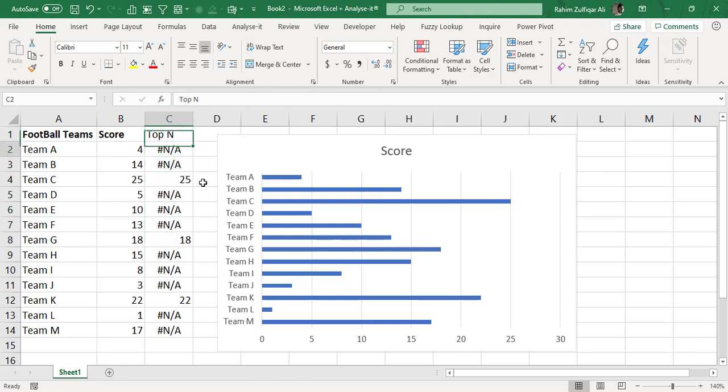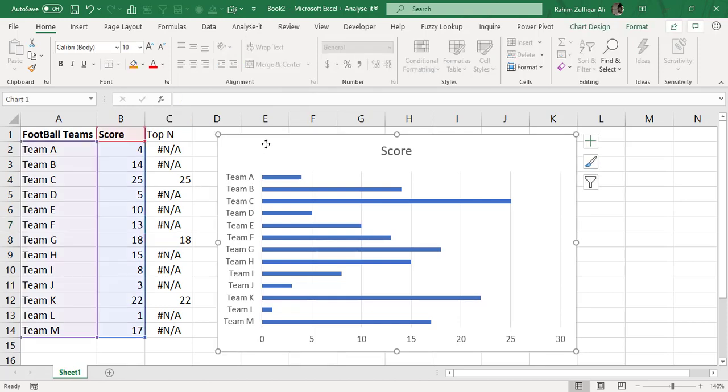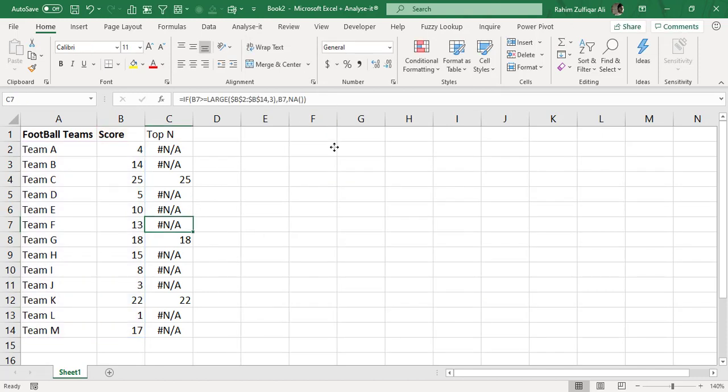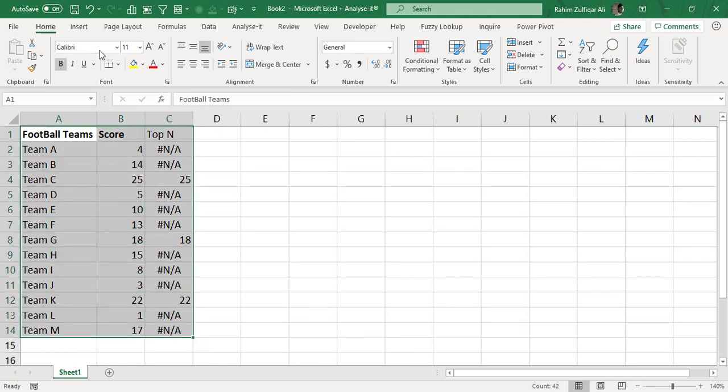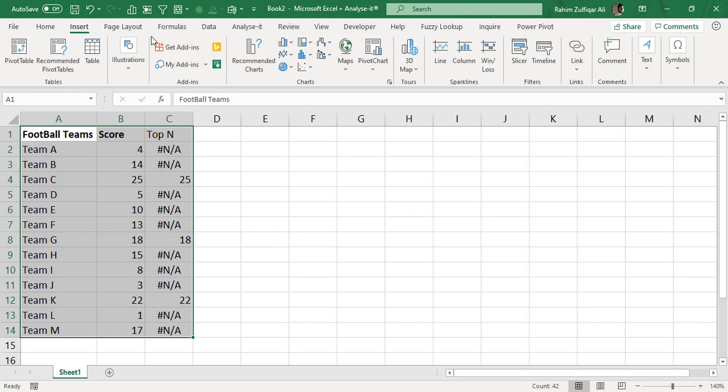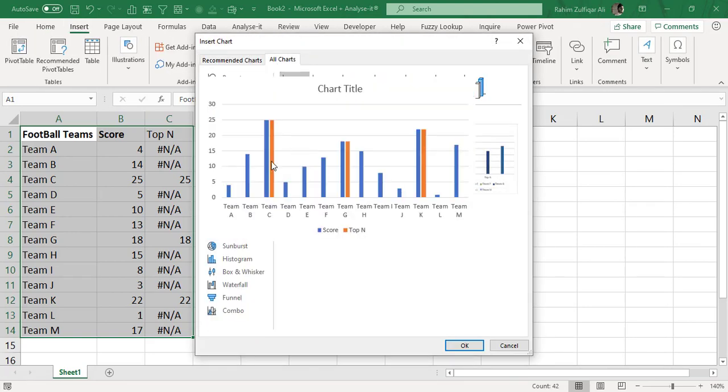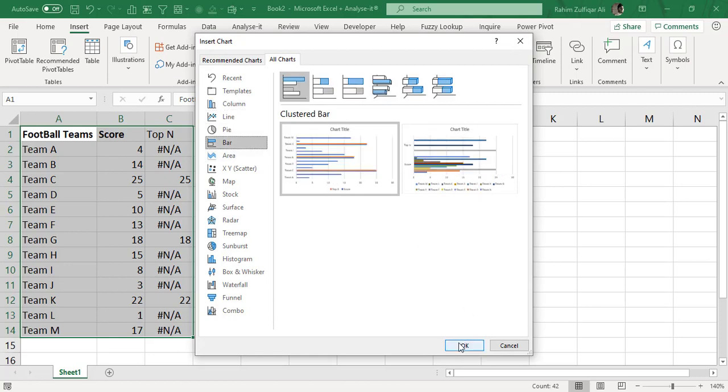Now, generating an NA error is basically because it will be invisible in the charts when we put one more series to it. So we can add the series, or we can create a chart from the very start as well. So let me create that chart from the very beginning. I have selected these 3 columns, going to Insert, clicking on Charts, and selecting the bar chart.